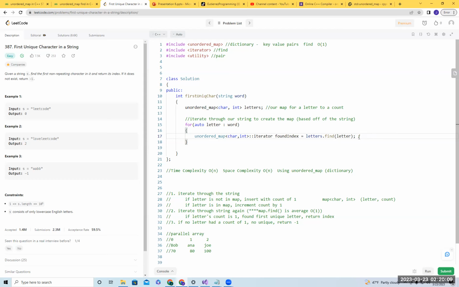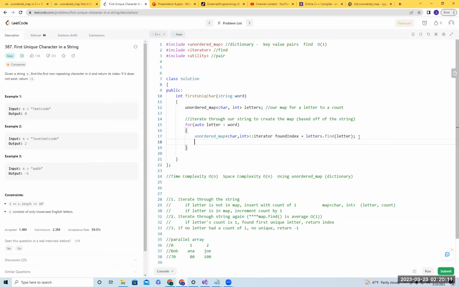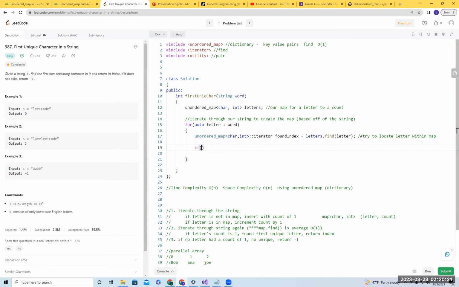That's going to help our logic later. So we try to locate the letter within the map. If found index is equal to letters.end, so if it was not found,